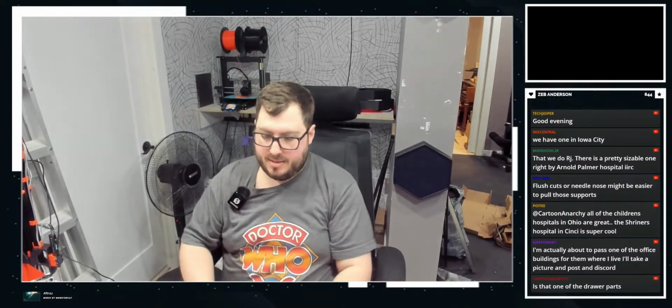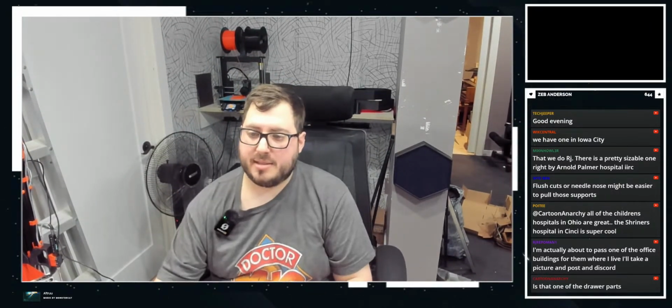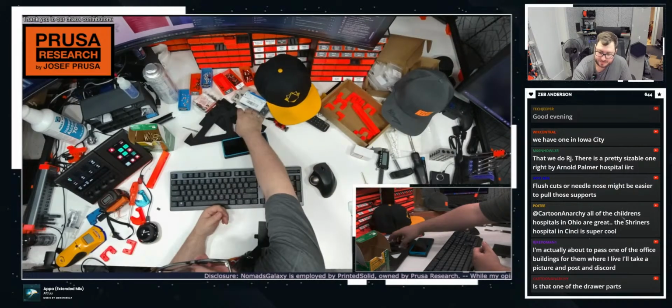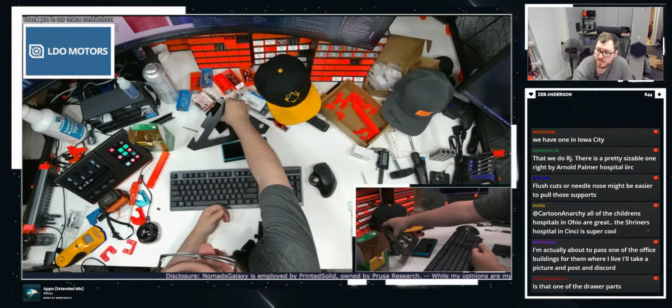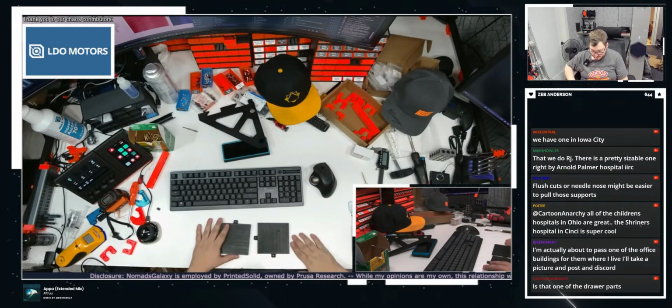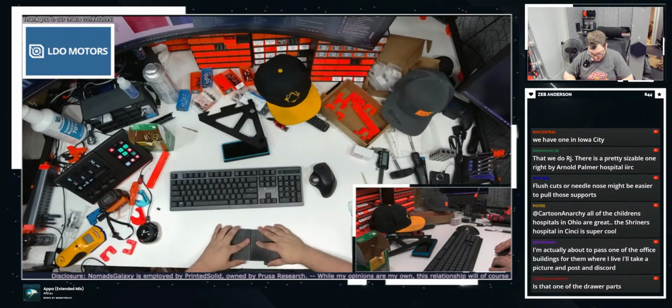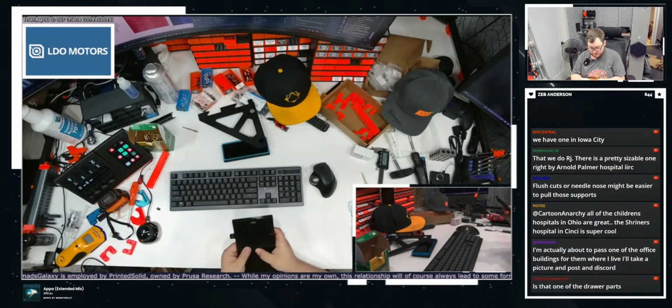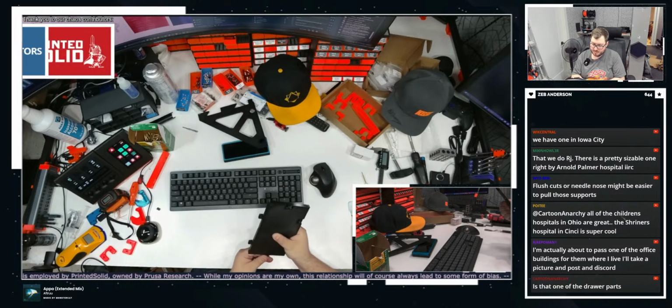Before we do that, let's see how well these snap together. So, yes, this is one of the drawer parts. It's not great. Works.